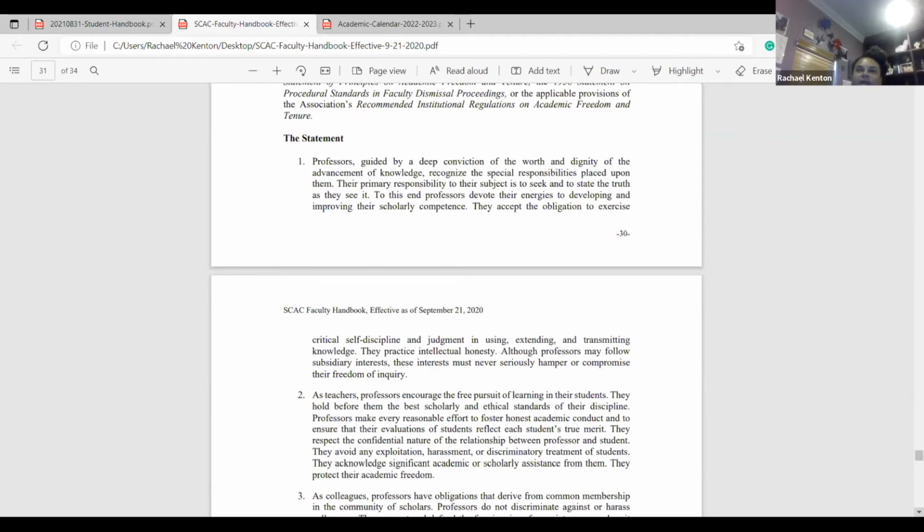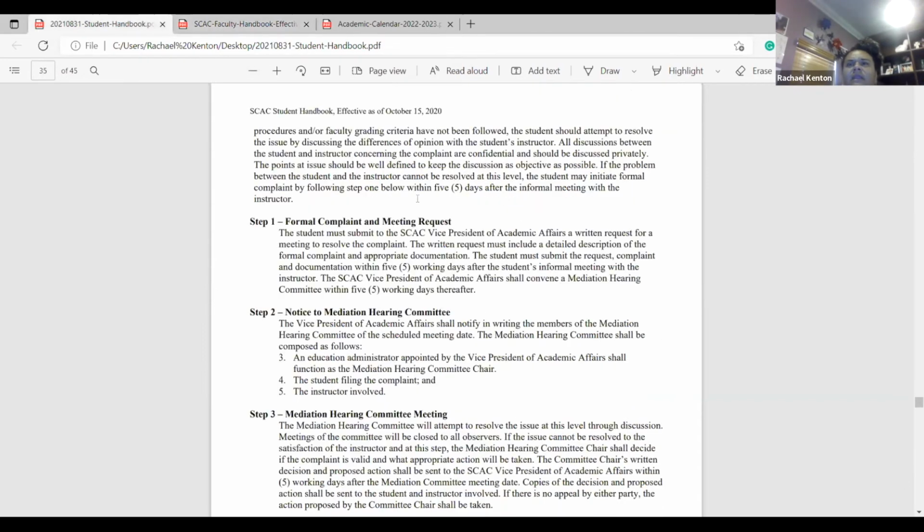Say you have to make an appointment with the instructor, letting them know the conflict or the issue. And if nothing gets resolved at that lowest level, then you have to go to the student handbook. Here it is. Sorry, it's the wrong one. Here it says that you have a formal complaint follow-up within the 5 days of the incident or the meeting with the instructor. So first step is meeting with the instructor, seeing if you can resolve it,